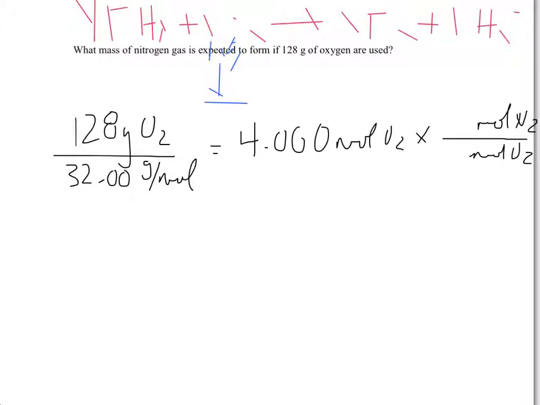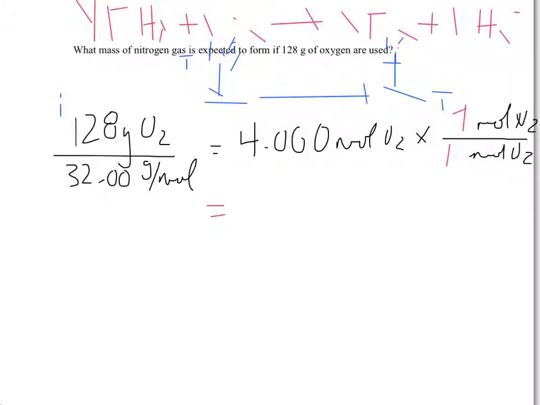And if that map from before really helped you, right now we're at 128 grams of oxygen. We're going to convert to moles. Once we get to moles, then we've got to use the mole ratio to move across to nitrogen gas back to moles. And then you're going to find the mass by using molar mass. So here's what we're trying to find. So step 1, I've already done. Step 2, I'm working on. And so now we know that for every 2 moles of nitrogen, we've got 3 moles of oxygen,